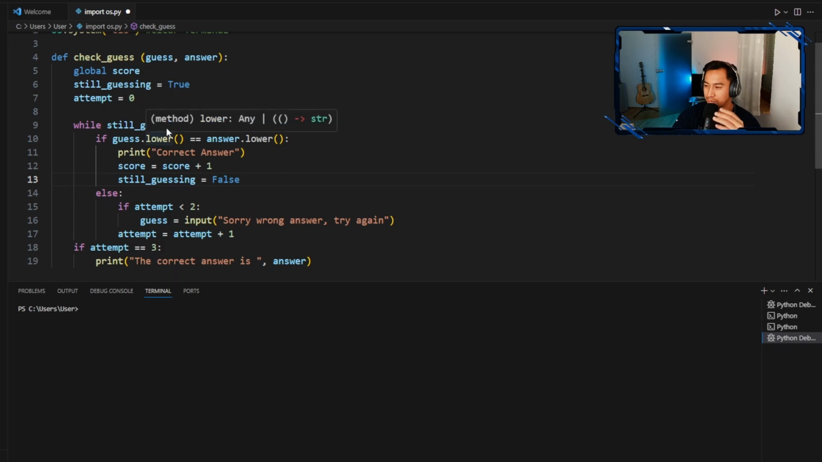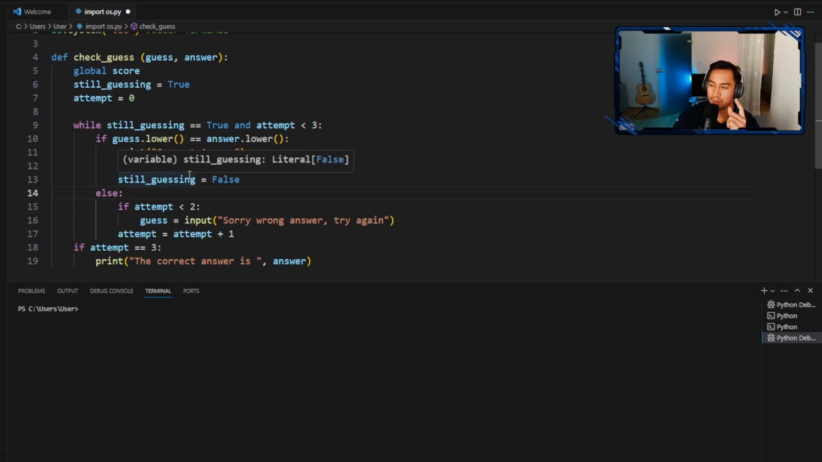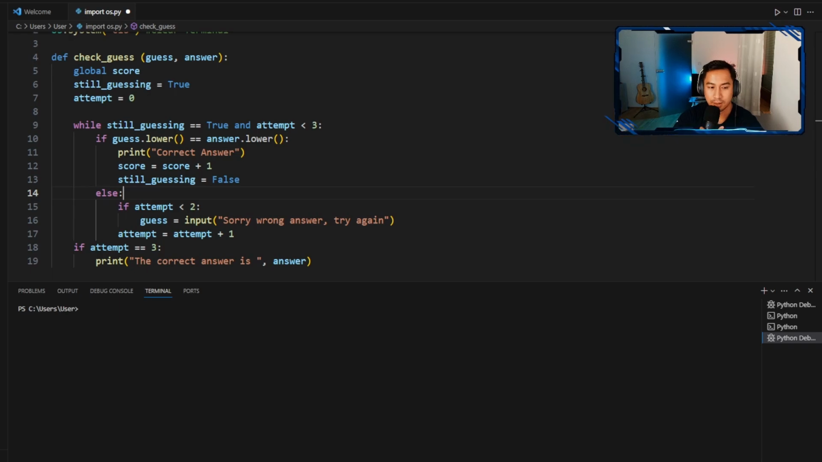If attempt is still below 3, then first check if the guess equals the answer. If yes, score +1. If not, then it will add an attempt but not add a score, something like that. Okay, and then